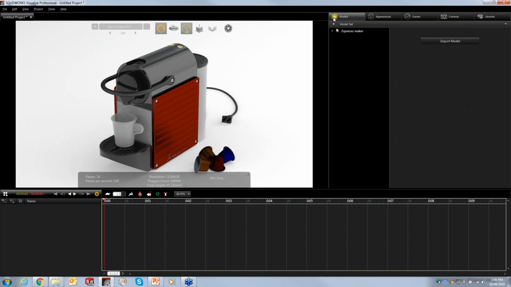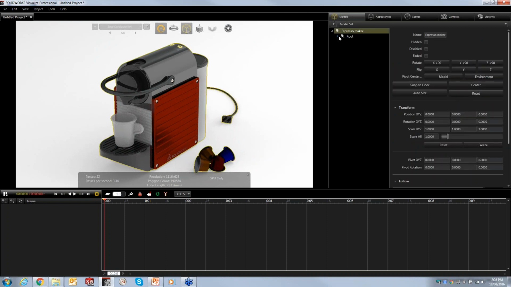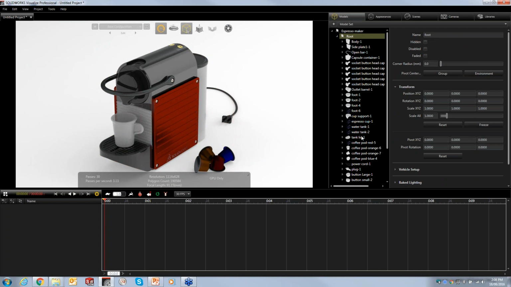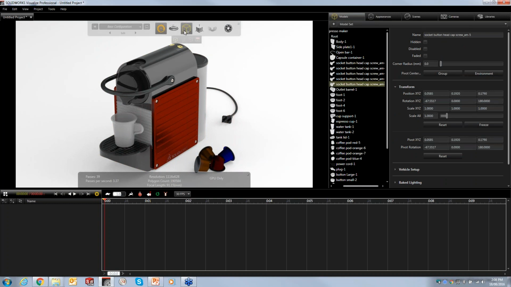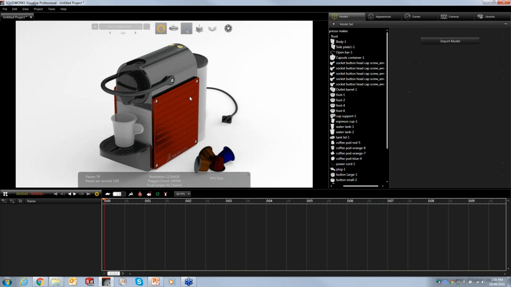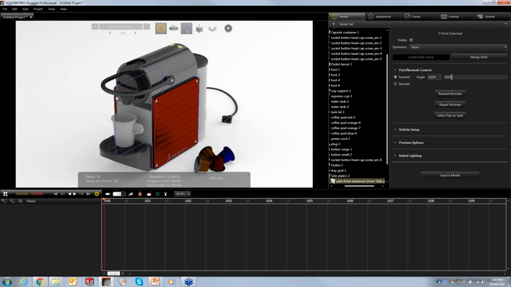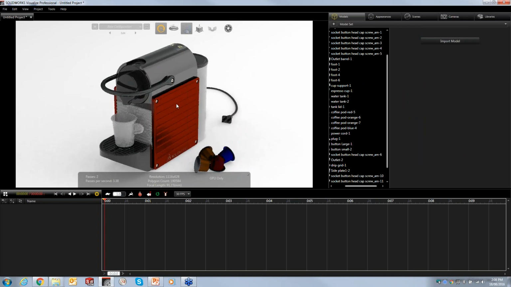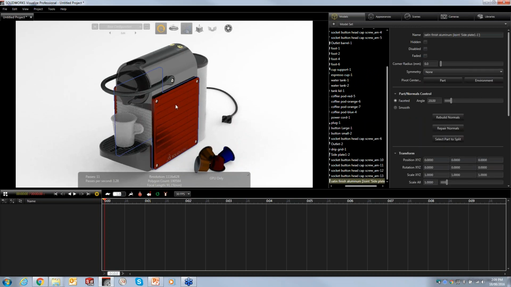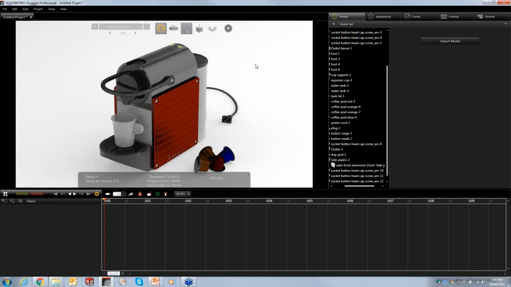So over on the right we have our model tab, and this shows the model tree that came in from SolidWorks. We can see and select items such as my screw. We'll also see that the two sides have been processed separately because the SolidWorks file showed it to be that way. We can merge these parts to be one single part. Okay, this means when I drag materials, it will apply to both sides. We can also group items together for quicker animation. We're going to leave it very much the same as it is in SolidWorks, and we're going to talk about